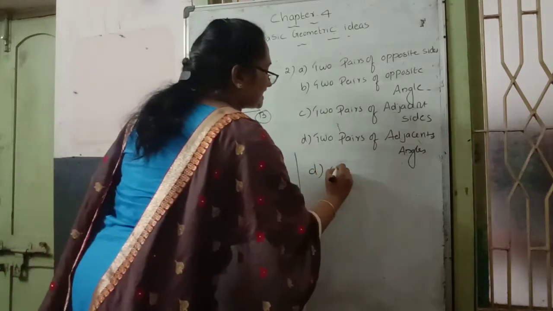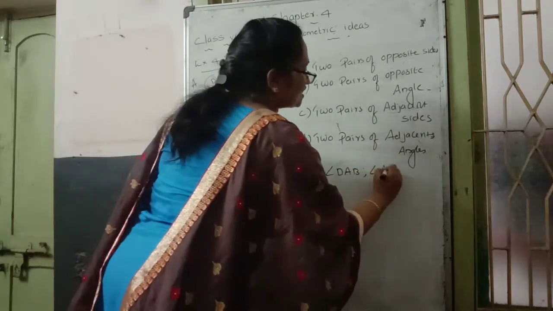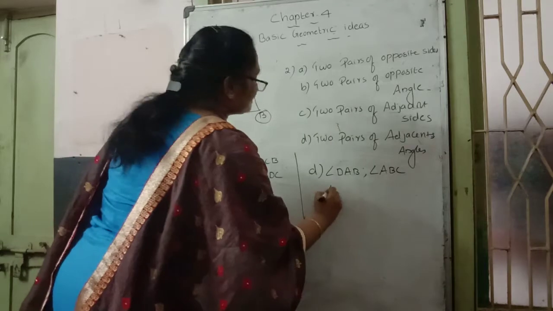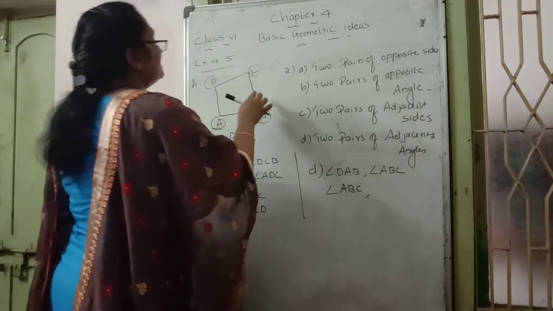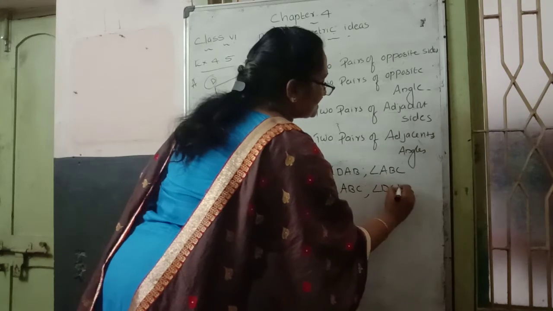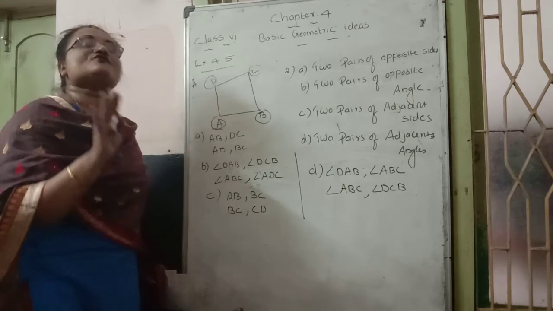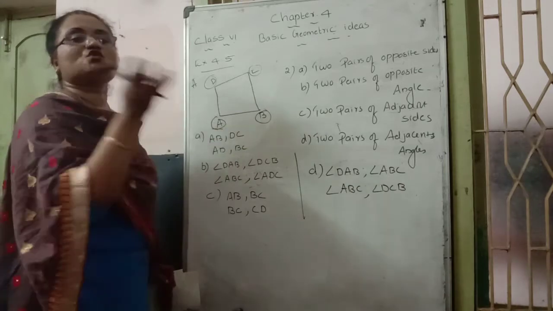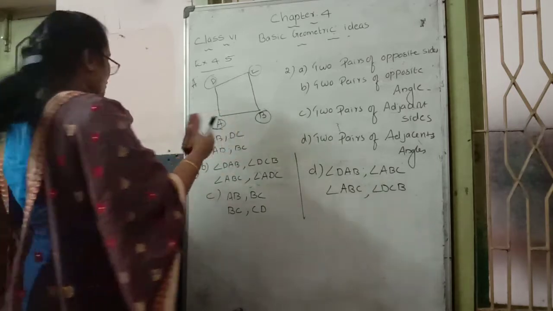But angle-wise, how can we write it? DAB is adjacent to angle B. Angle B, how can we write it? ABC. First pair. Second pair: B and C are adjacent, meaning B as vertex, we need ABC angle, and then C as vertex, DCB angle. Angle ABC and angle DCB are adjacent. Here also we can write four pairs, but two pairs are enough. Any two pairs of the four you can write. This is the meaning of the second question, exercise 4.5.